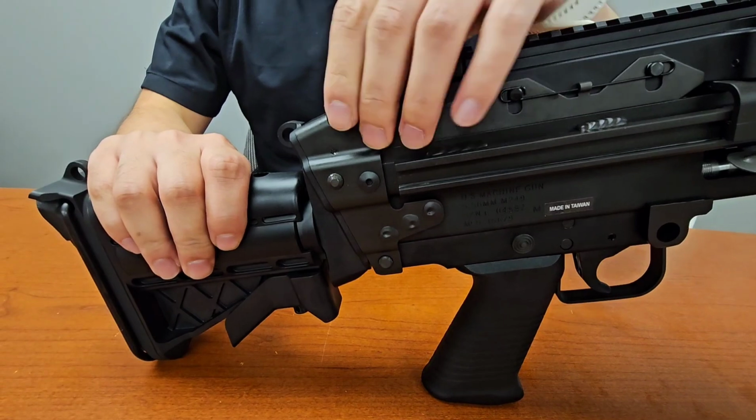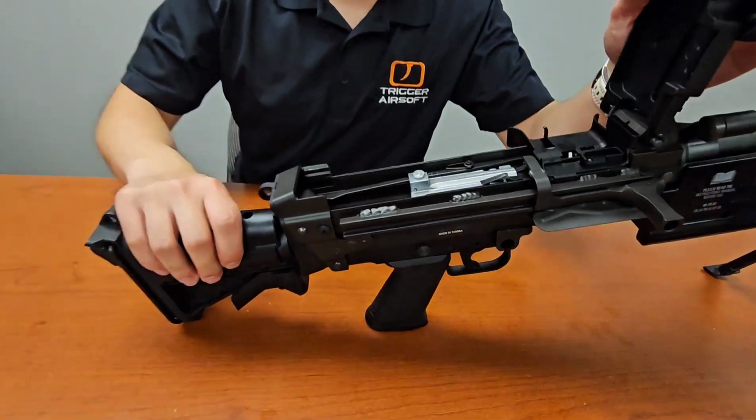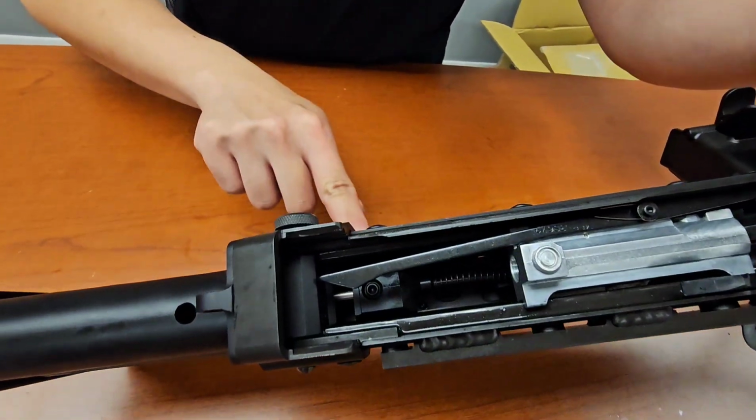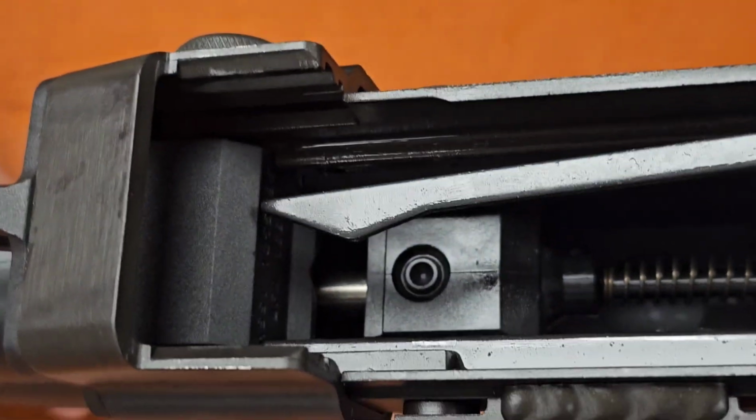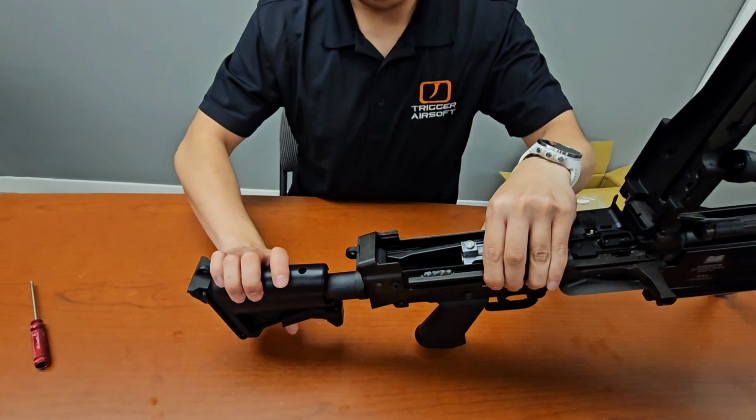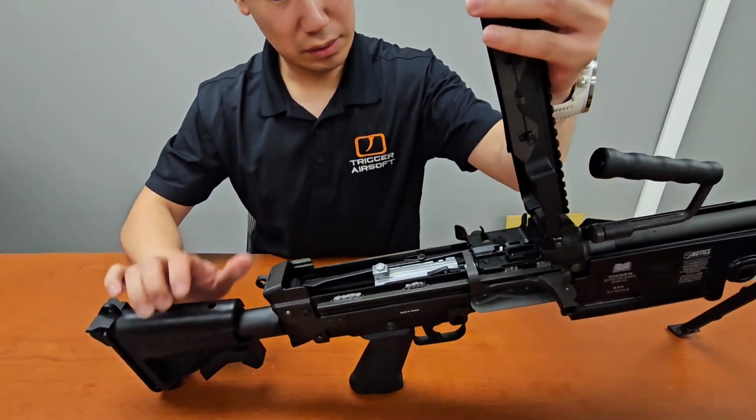Okay, from here, if you want to check to see if you've done it correctly, both the takedown pins should be flush. The stock should be nice and secure. And now you've got your new stock